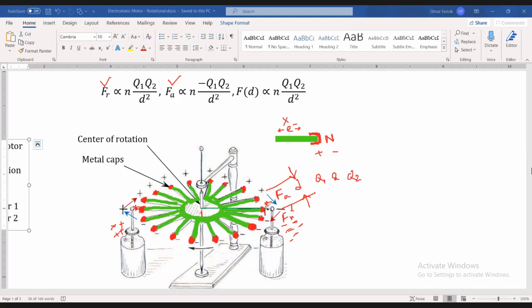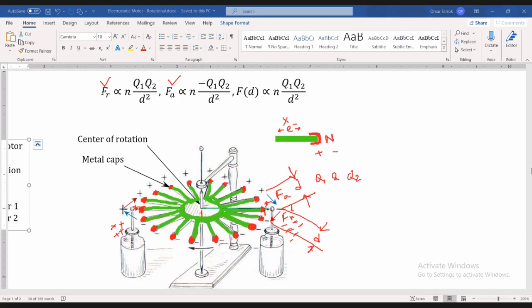Not from the center of rotation to the end terminal, or center of rotation to the end cap. এটা কিন্তু না, এটা বুঝতে হবে। তো এবার হয়ে গেল আমাদের এই বিষয়টা। তো আমাদের তাহলে এখানে ফোর্স পাওয়া যাবে। একইভাবে যে রিপালশন ফোর্স বা এফআর যেটা পাওয়া যাবে সেই এফআরটাও এখান থেকে যে ডিস্টেন্স ডি সেটার অনুপাতে পাওয়া যাবে, এবং এখান থেকে যে ফোর্স রিপালশন ফোর্স এফআর এর ভ্যালু অনুযায়ী পাওয়া যাবে।